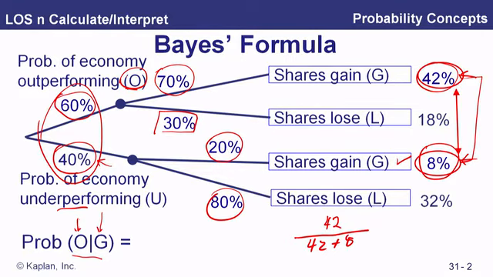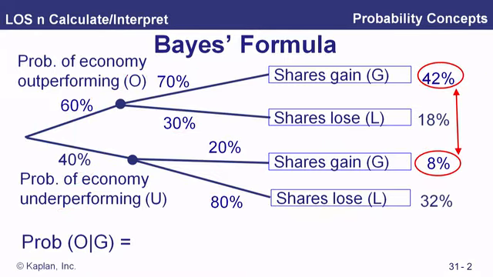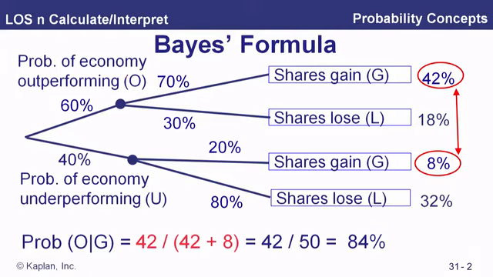Here, I've got some more formal red marks for you instead of my own here. So we're going to take that, the total probability of gains, 50%. Okay, what percent of the time do we have share gains without performance? And that's how we end up with 42% over 50%, so 84%. So we're going to update this probability right here,